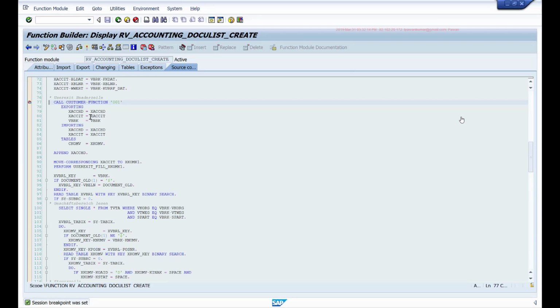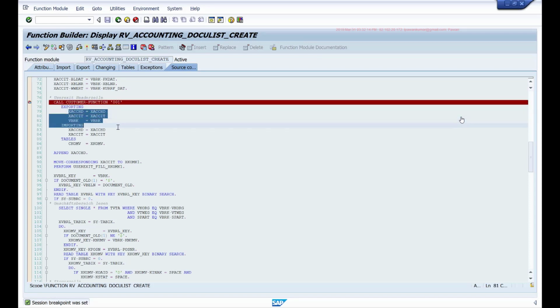Then the second thing you'll check for is what is the parameter interface, what data it is supplying. For example, it is supplying me VBRK data, the header data, but I want to do something with VBRP data, the item data. Then since this function module is not giving me the item data, I cannot use this enhancement, because within the function module I can only manipulate the data that is passed to the function module, right?